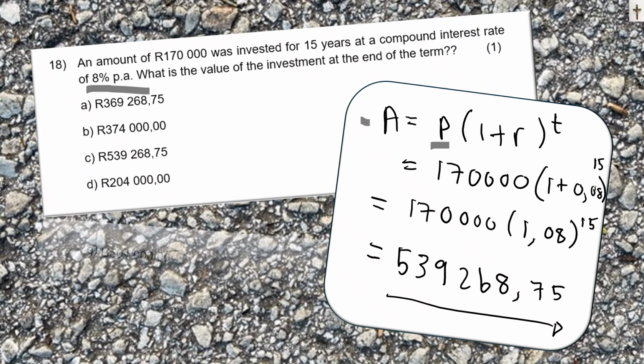Compound interest, 1 plus R, to the power of the time period, 15 years. Once again, you say 1.08, select that x to the y function, type in 15 and push equals, times by 170,000, and that is the value at the end of the term,